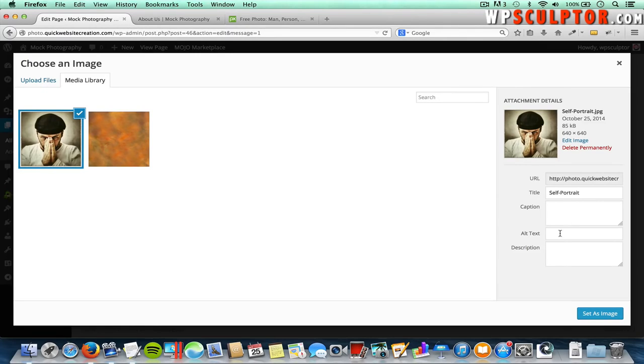And I do want to point out that the alt text, caption, and description, you can choose to put in the appropriate text there that describes whatever your image is representing. And that's good for search engine optimization, because Google and Yahoo and Bing, search engines like that, they can't read images, so having descriptive text is a good idea, but we're going to skip that step for the sake of time. And then click on set as image,